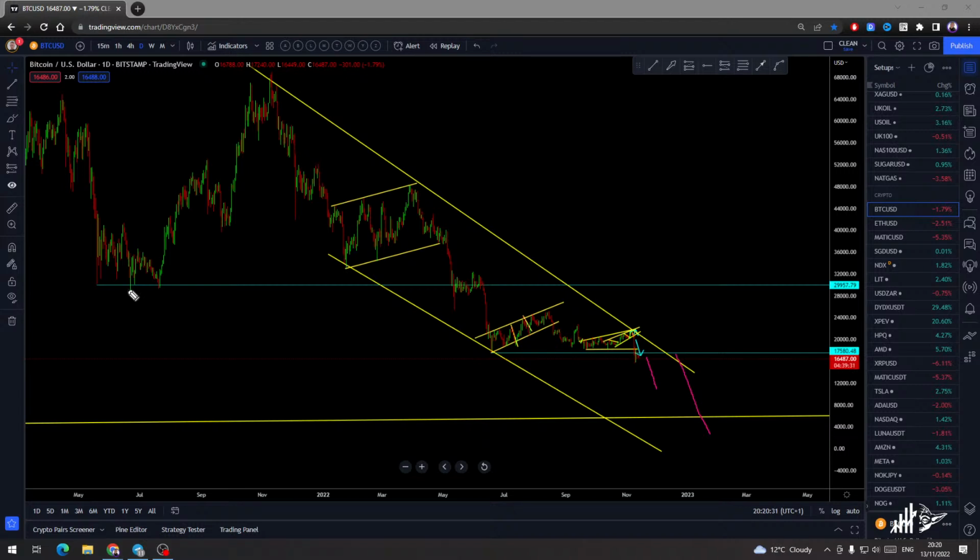But it will show you the sign, like it did over there. Impulsive and corrective movement. This is the whole story of what I'm trying to teach you. Impulse, correction, then you go. You don't need to be in the trade from there, or there. You can be in the trade from there. It's almost the same, but this is a safer spot. This is the spot where you will enter if you know what you're doing and if you want to make money from trading and investing. Same there.